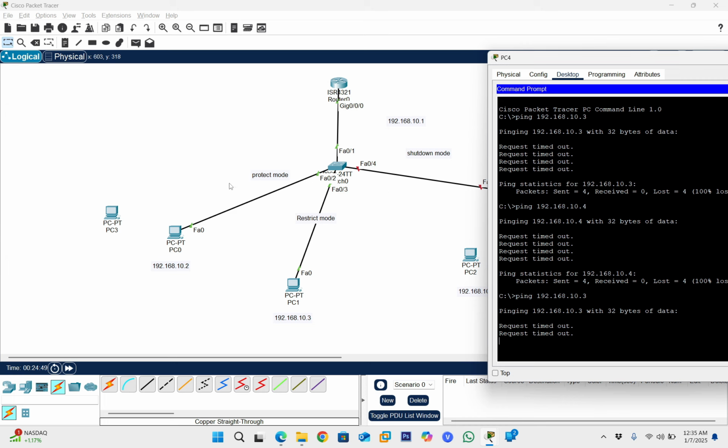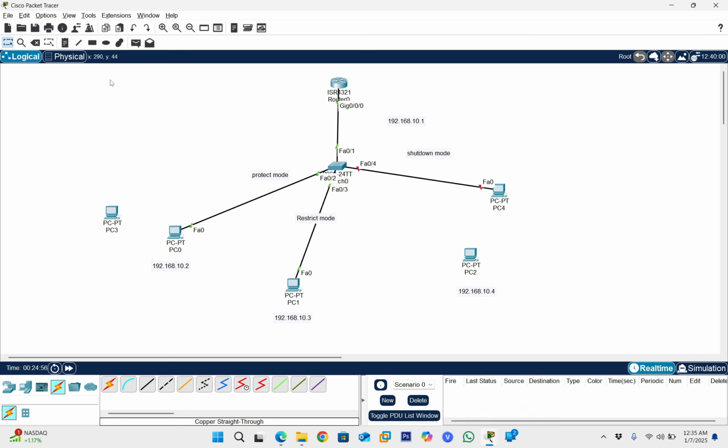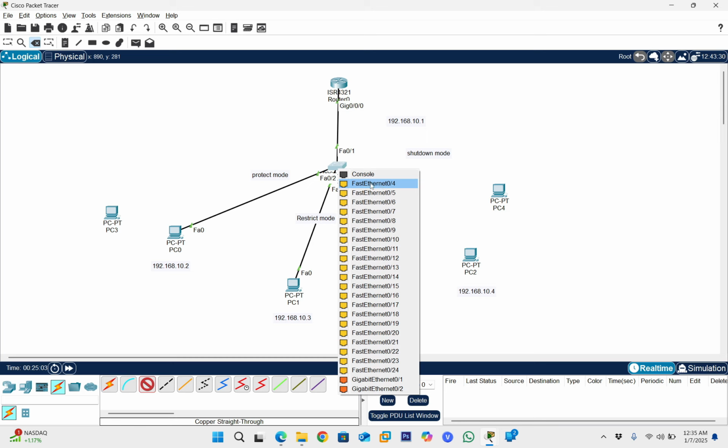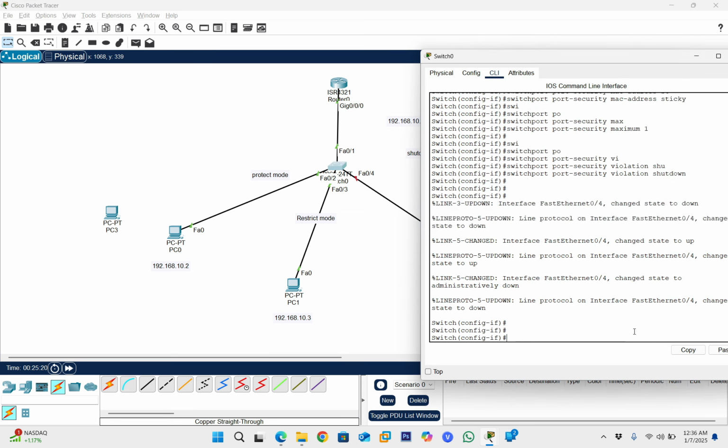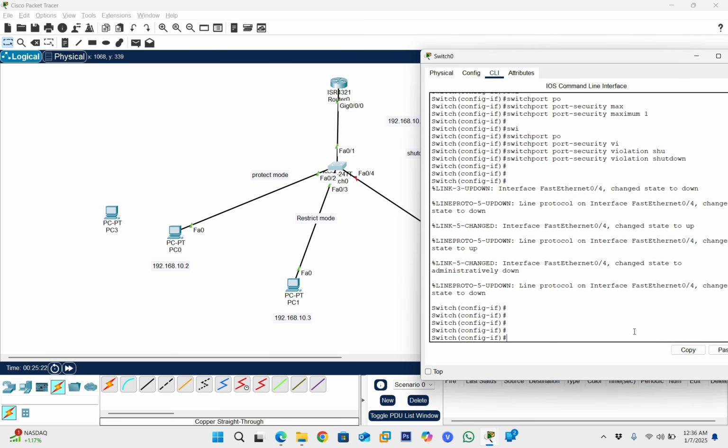These are the differences for the protect mode and restrict mode and shutdown mode. The same way I'm going to restore the connection from the FastEthernet 0/4 to previous PC, which is 10.4. And as you can see, the FA0/4 port is in shutdown mode, and we need to restore with the no shutdown